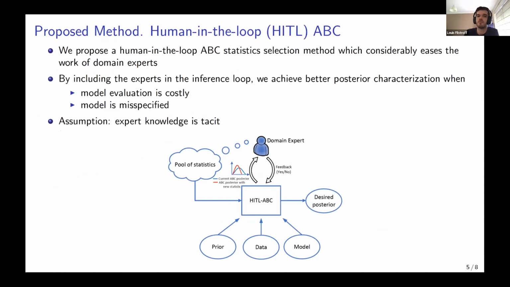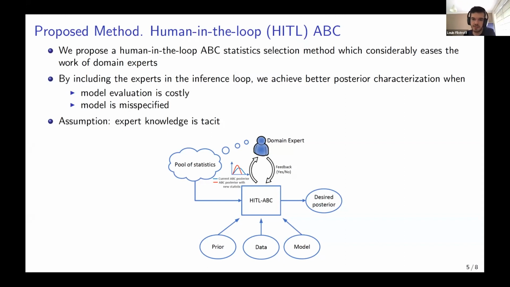So we propose a human in the loop ABC statistic selection from a pool, as I was saying before, which considerably eases the work of the domain expert. And by bringing them into the inference loop, we are able to achieve better posterior characterization in these two scenarios I was talking about just before. So when the model evaluation is costly, that is when the budget for simulation is limited, or when the model is misspecified. And we work with the assumption that the